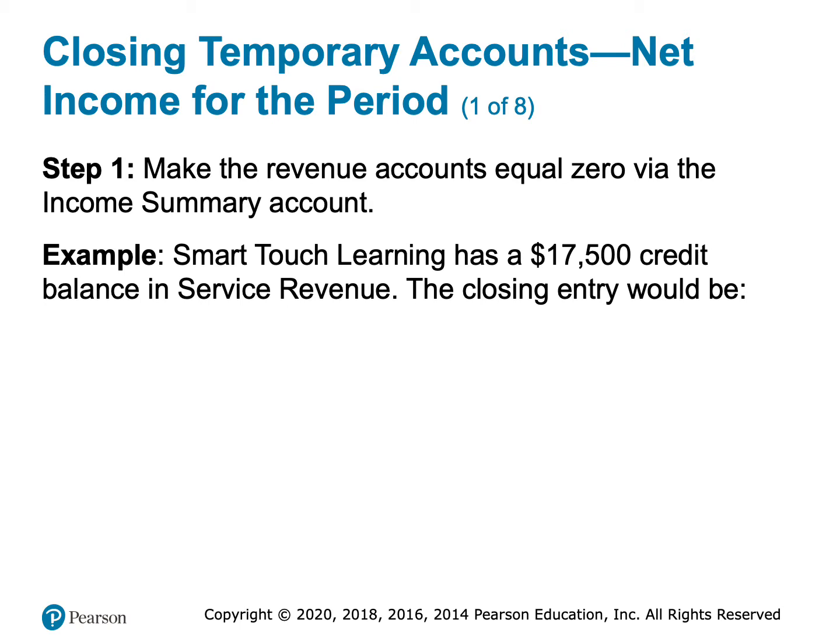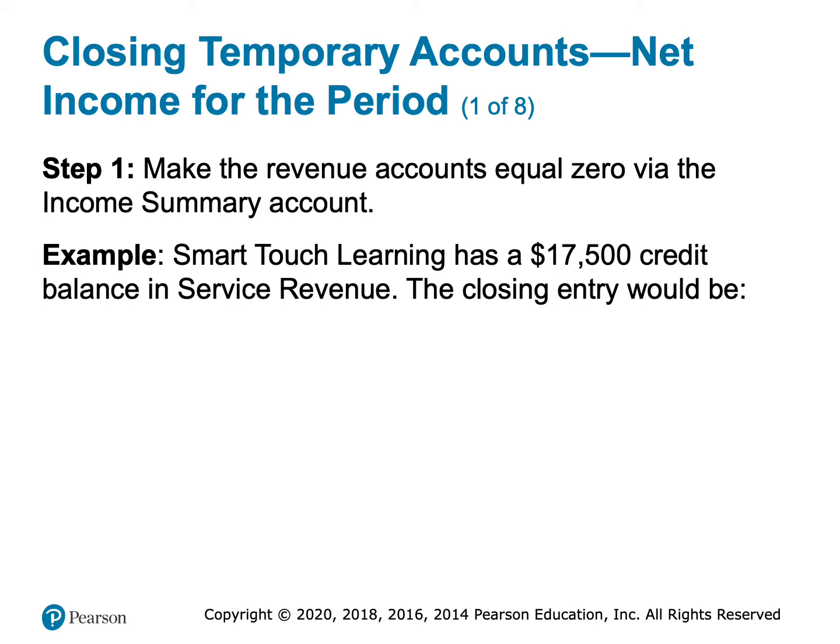So in your notes, remember you have that adjusted trial balance that shows all of the balances. So that's where we're going to pull all of these numbers. If you look back at that adjusted trial balance, you'll see that service revenue has a $17,500 credit balance. Revenues have a normal credit balance. So if I were wanting to close out revenue, or to zero it out, then I would need to debit the revenue account. So I would want to debit revenue for